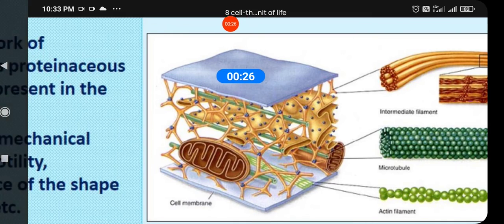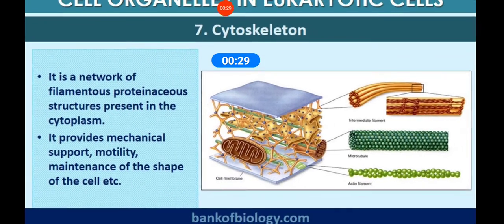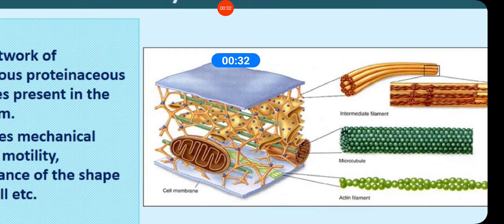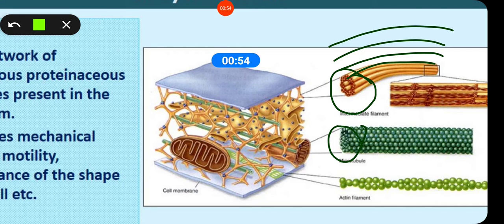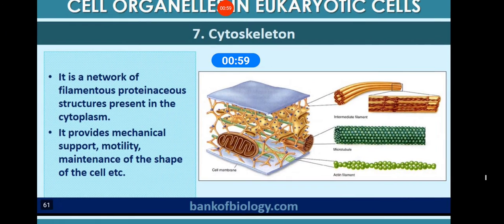Okay, so the maximum part of that is made up of a cytoskeleton, and they are made up of microtubules. You can see over here very beautifully. Let me show you. Look here. These are the long tail-like structures, and they are running parallel. Okay, and one thing more, what you can observe here, they are in the form of a circle. Now we are going to open them up, to see what these actually are. So they are providing mechanical support, motility, and maintenance of the shape of the cell.